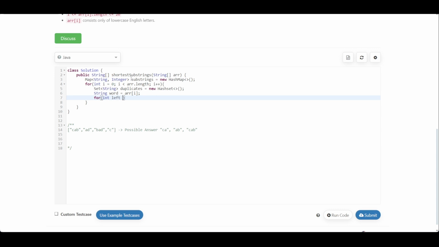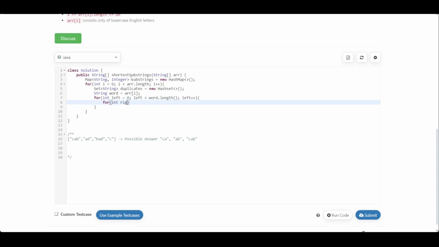two pointers, that is for int left equal to 0, left less than word.length, then left plus plus, and for int right equal to left, right less than or equal to word.length, right plus plus,